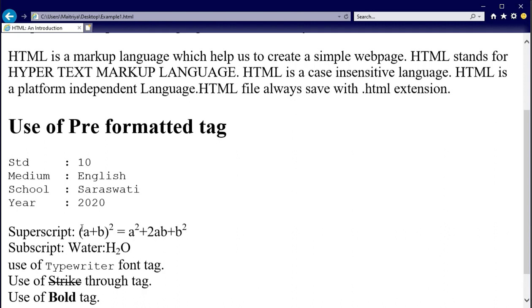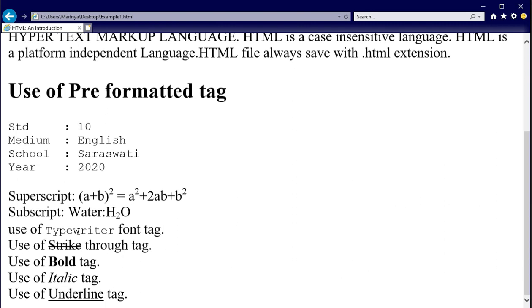Then we saw the use of heading styles, which we write inside the body tag open and body tag close. After that, paragraph, then br, then pre-formatted, then bold, italic, underline, strike-through, typewriter font, superscript and subscript. These are all the tags we have seen, by which we get output like this on the screen.